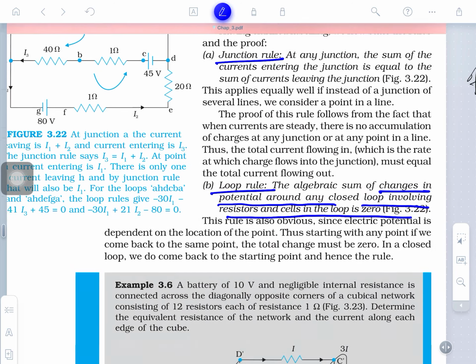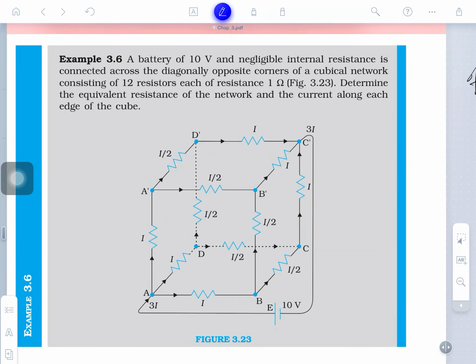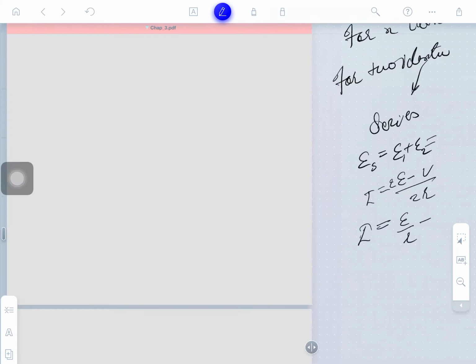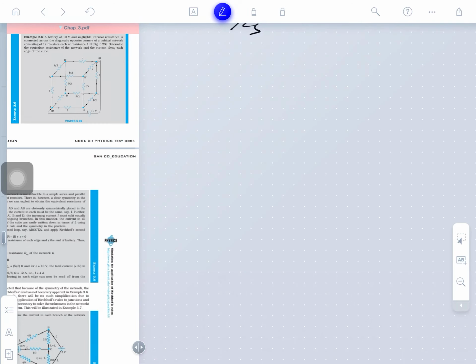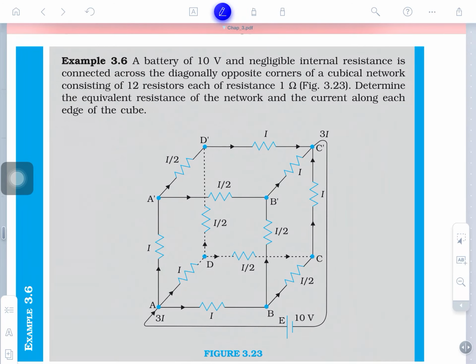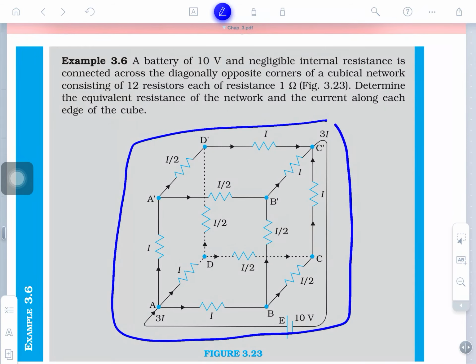This is the statement. So there is a circuit diagram before you. We just have to solve this circuit diagram. Clear, guys? And what is the manner of solving that? I am telling the method of solving that. Have a look at the method of solving this question. We will first take the circuit diagram.